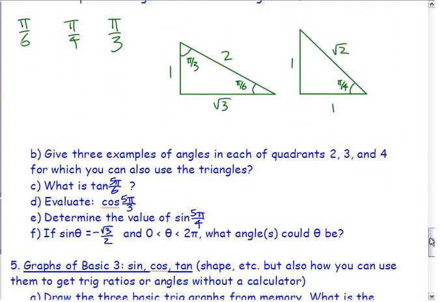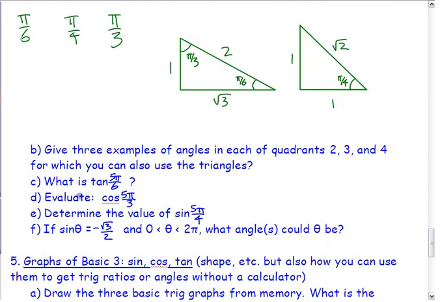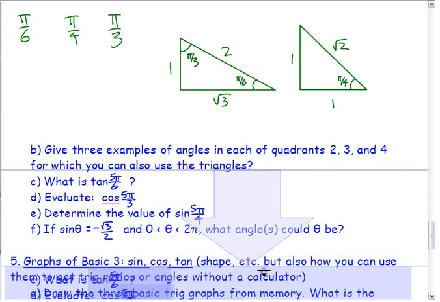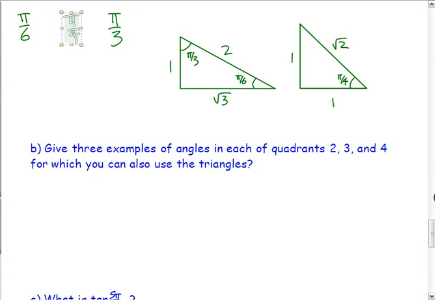Second thing here, we'll have to come back to those triangles. Give 3 examples of angles in each of quadrants 2, 3, and 4, for which you can also use these triangles. If you have other angles that have those as reference angles, you can use them. So if you're looking at quadrant 2, if you have an angle where this angle's pi over 3,